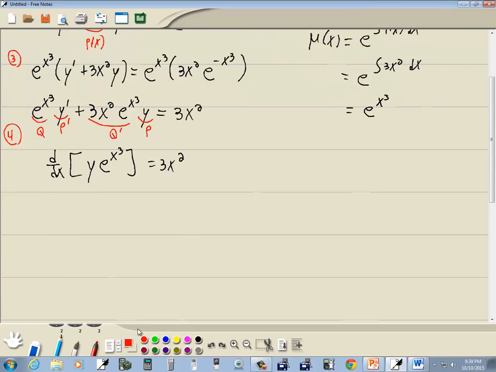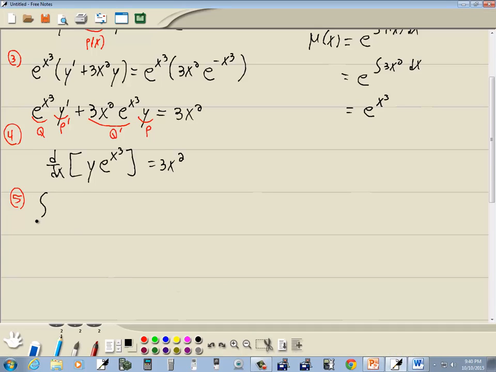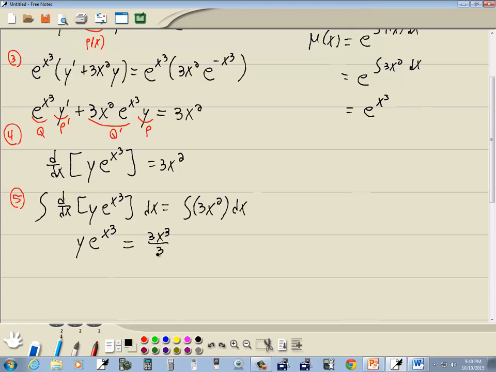Step 5. Take the integral with respect to x for both sides and solve for y. Okay, so we got the integral of this derivative. And we got the integral of this side. Well, these cancel and gives us y e to the x to the third equals. Here we got x to a power, so I add 1 to my power divided by my new power. So we'd end up with 3x to the third over 3. This 3 here just carried down up on top. Then plus c,